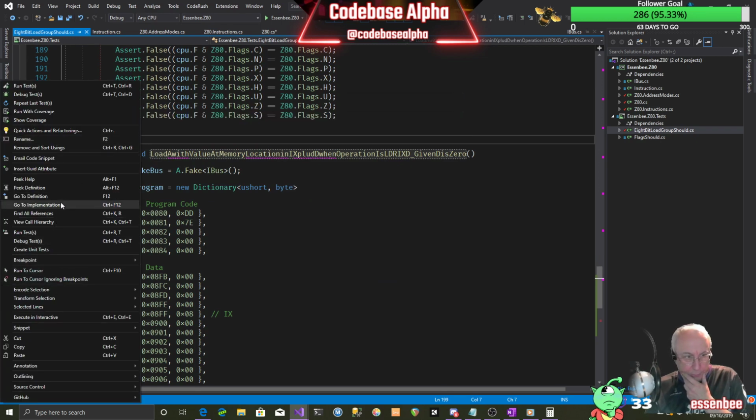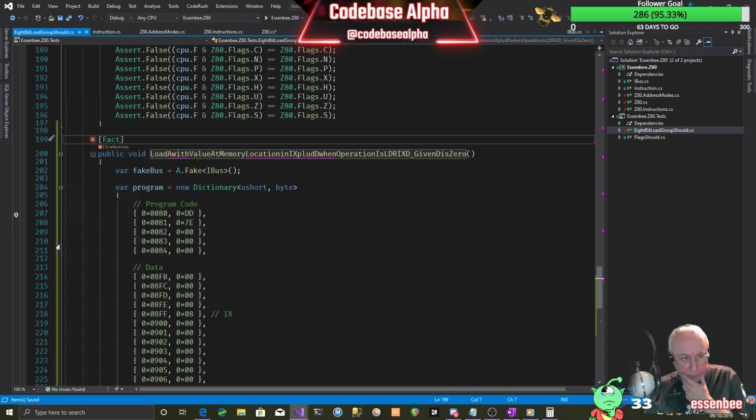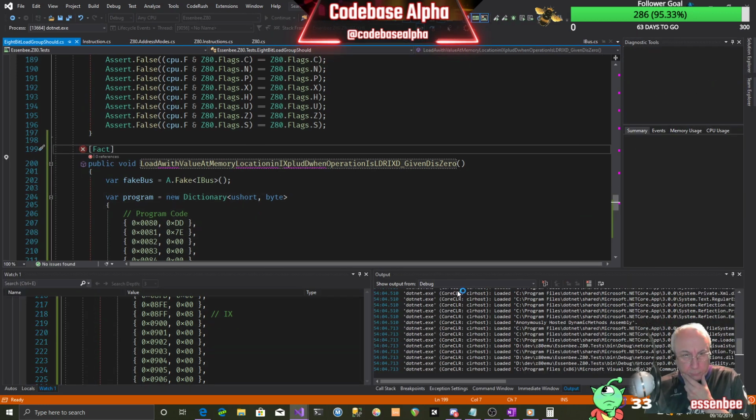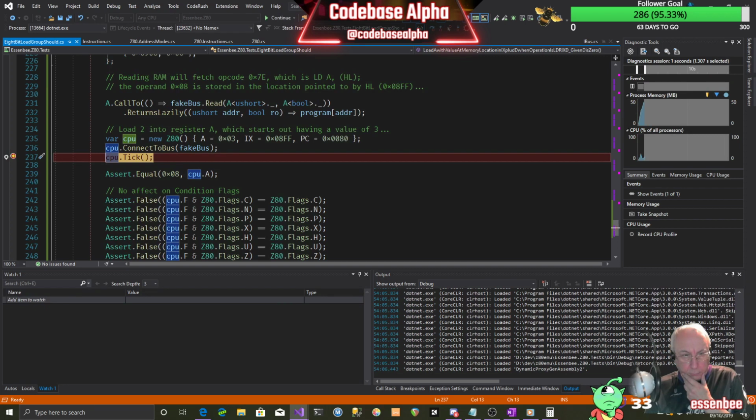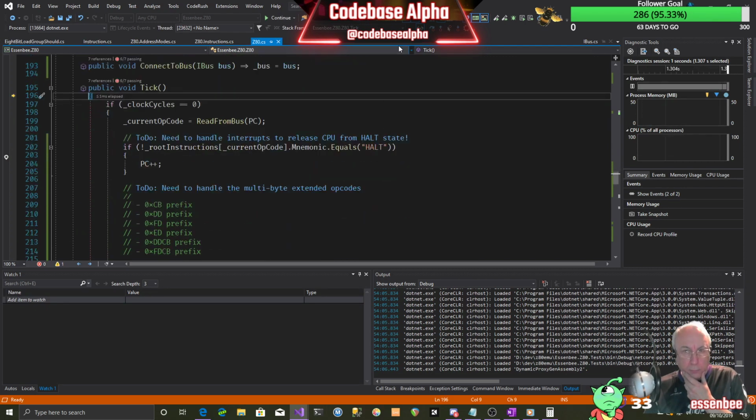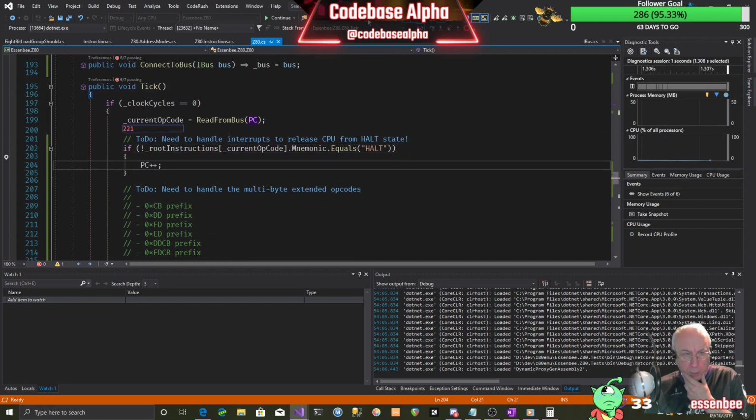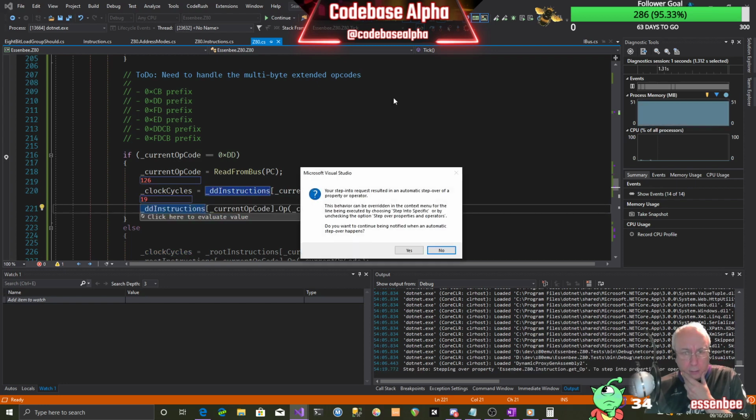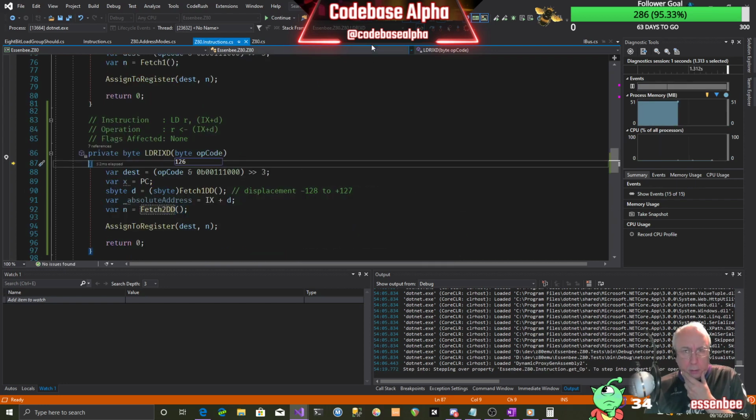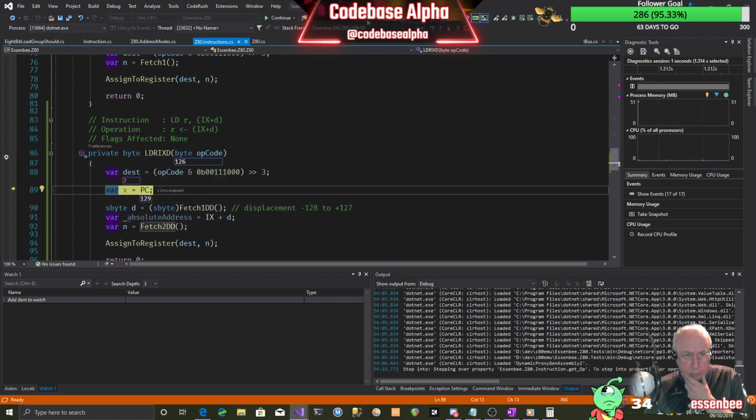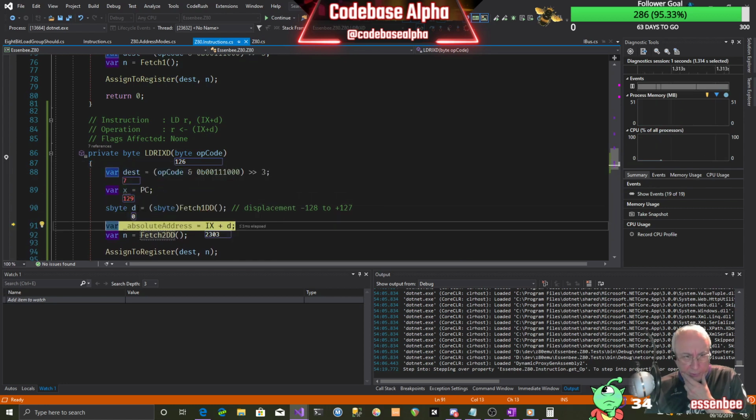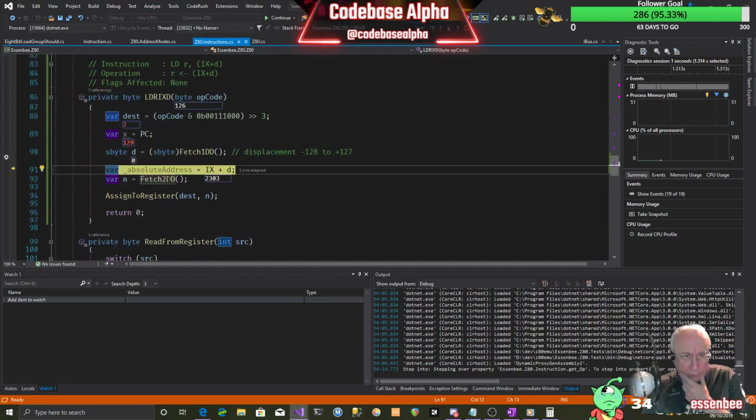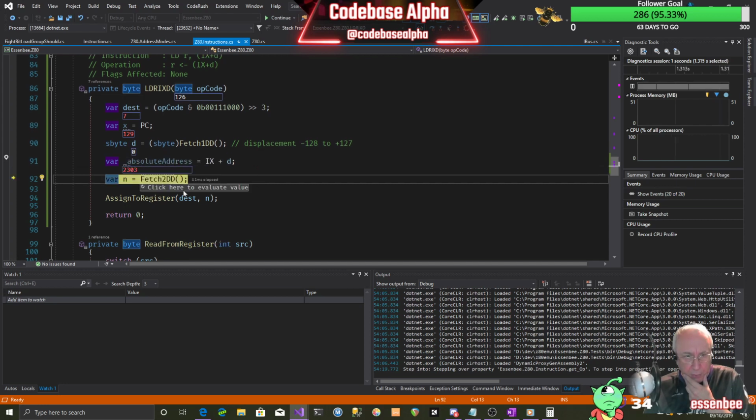Let's debug. Debug tests. So we're going to execute that. Oh, we've got a 0 this time, so that bit works. So now we need to use a different addressing method. Now we've got an absolute address here, which is going to be